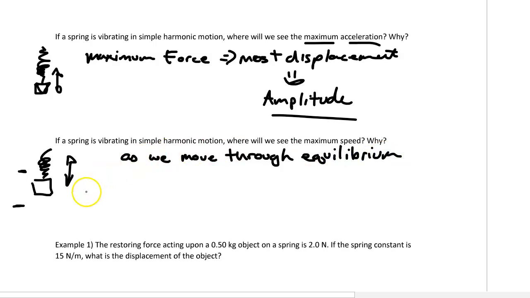The reason for this is that if we've got the most acceleration here forcing us this way, as soon as we go past that equilibrium, the force is going to go in the opposite way, slowing us down until we reach a stop and then push us back. And so as we go back and forth, we see the maximum speed at the equilibrium, the point where we've had